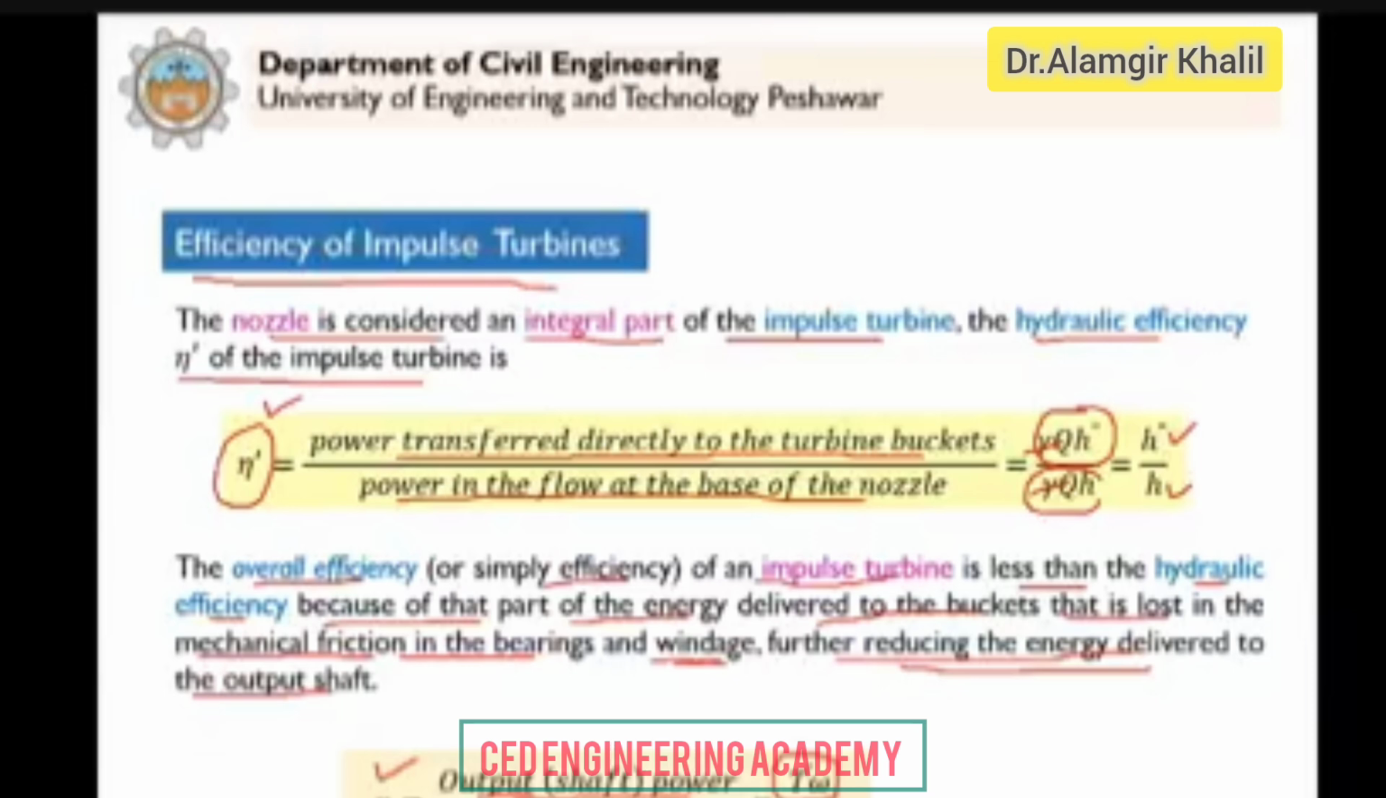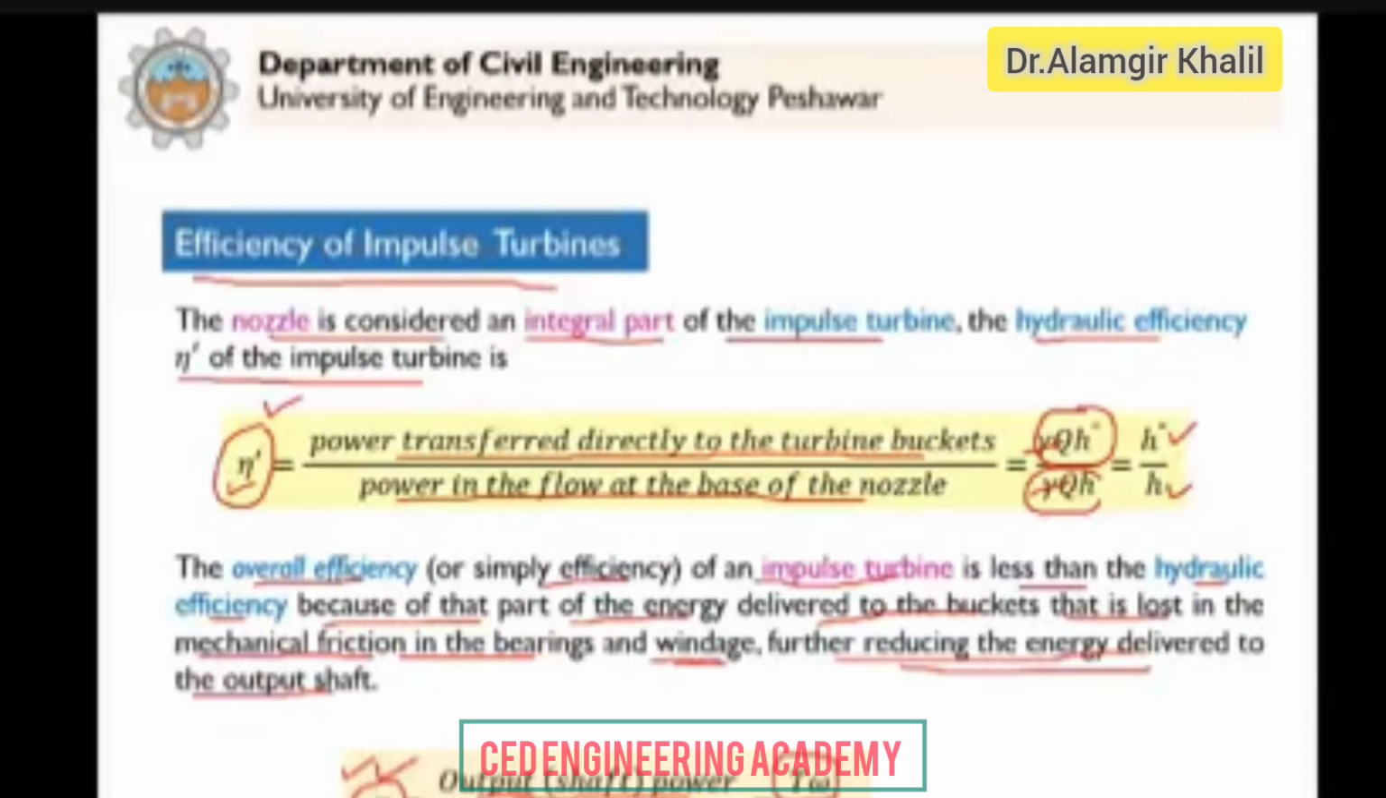But in case of turbine, it is T omega divided by gamma QH. That's why pumps and turbines are opposite machines. Now this is the overall efficiency. So remember, in the 10th edition of the book, we just defined the overall efficiency, or the hydraulic efficiency,